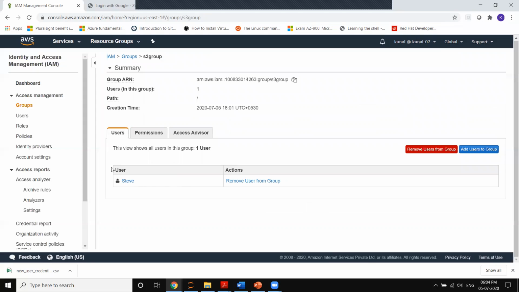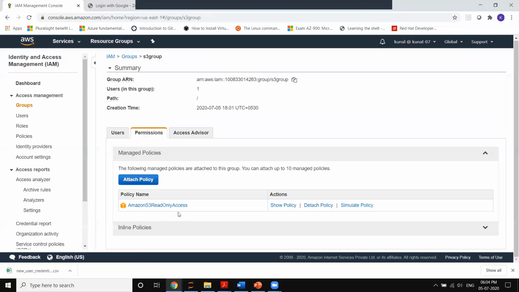Then you can see Steve is added to this group, and we can also see the permissions. Whatever users are in this group should have only read only access to S3 service. This is the policy attached to this group. So if you add users to this group, they have only S3 read only access type permissions.